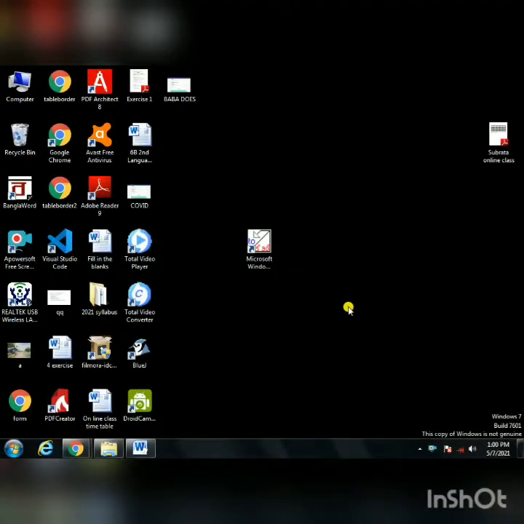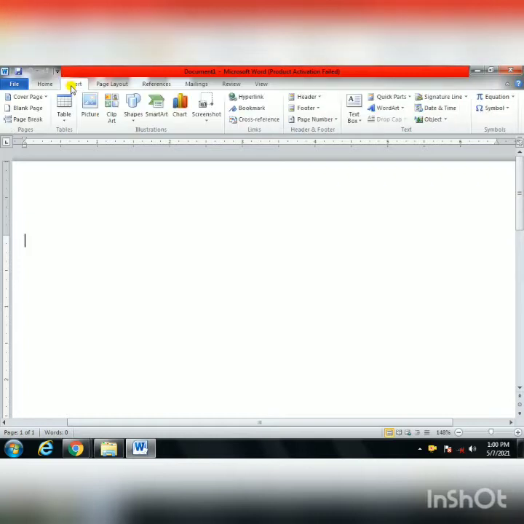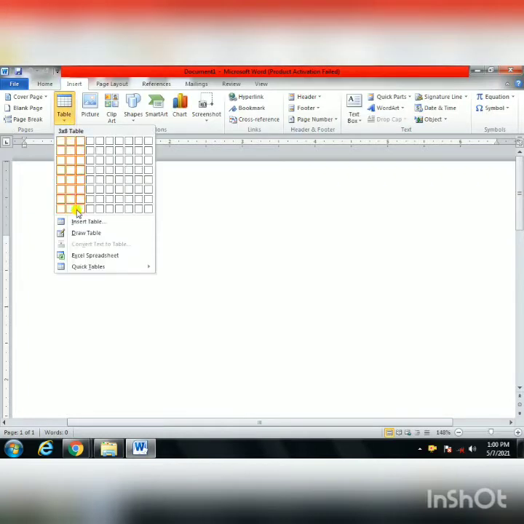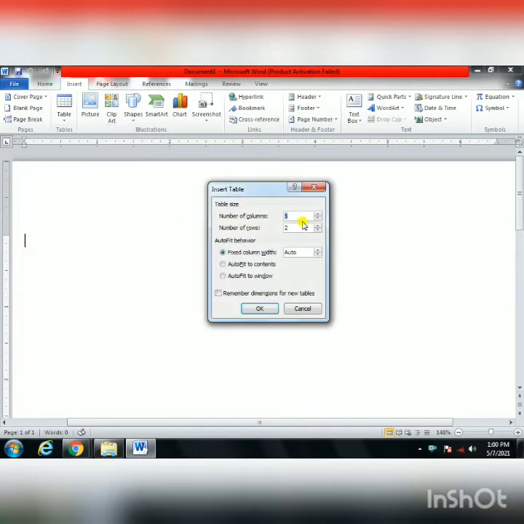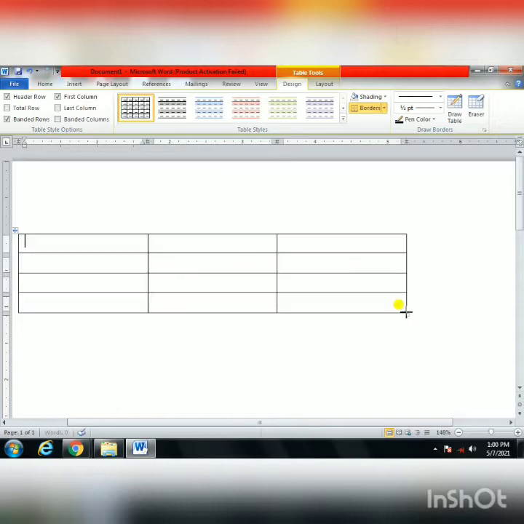Hello students, today I will show you how to add rows and columns, and likewise delete rows and columns. I just have to insert the rows and columns. It is the process of the Insert tab, then Table, then Insert Table. Now you can see I have given 3 columns and 4 rows. I have adjusted them as rows and columns. Now you can see these things.